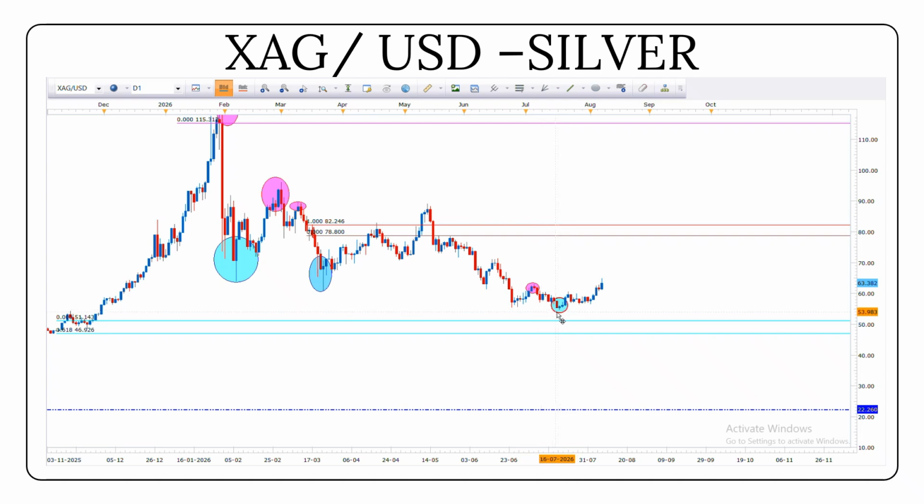But that's the controlling candle as of now, which has been supporting the buyers and has been holding the metal steadily above